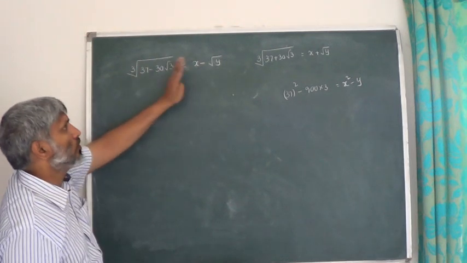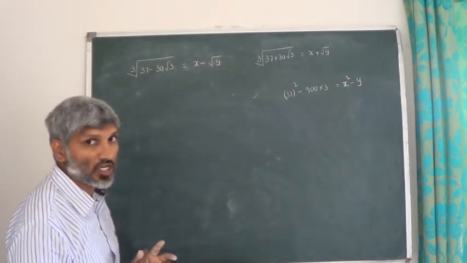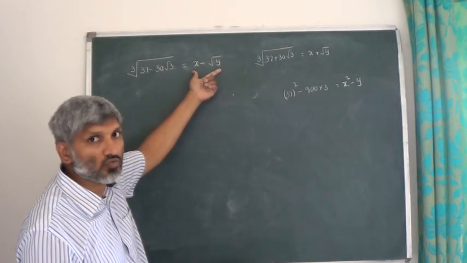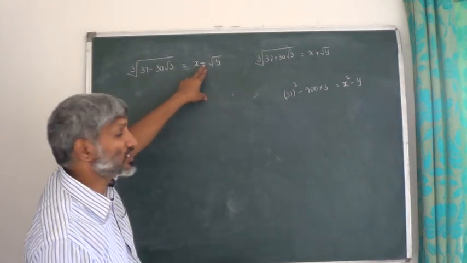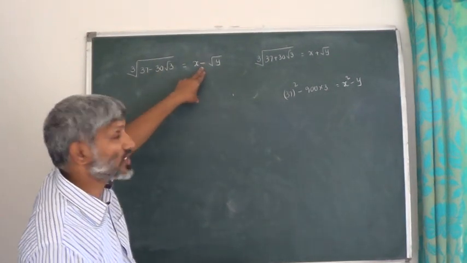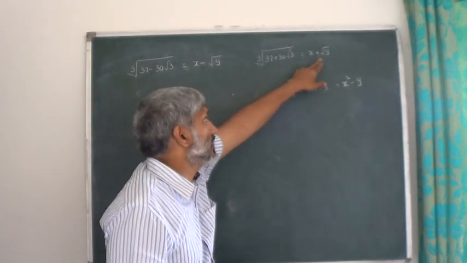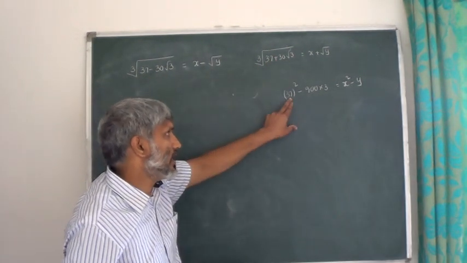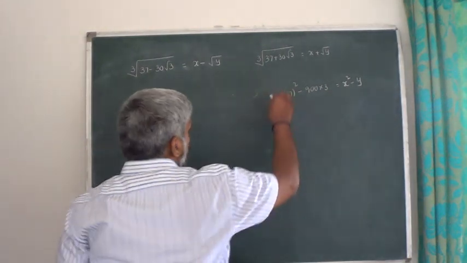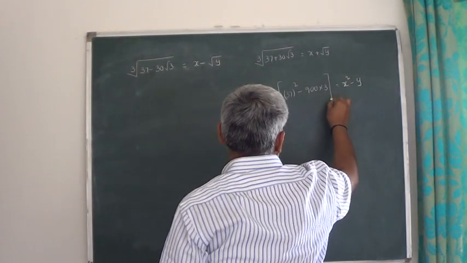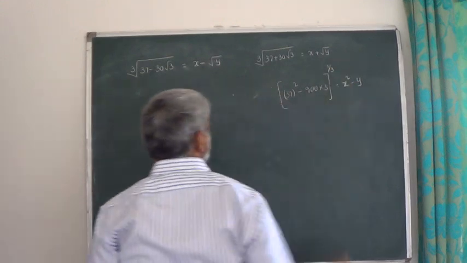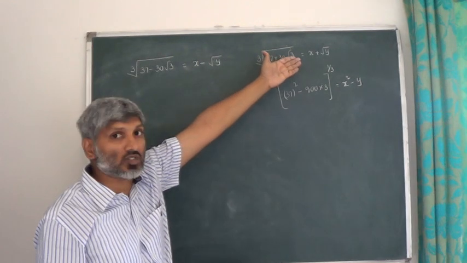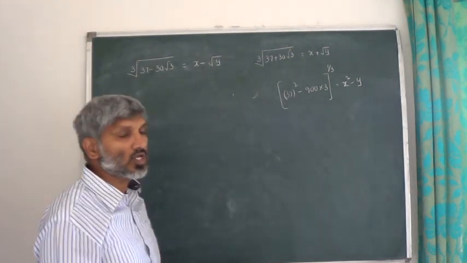Now cubing on both sides. Once again, pay attention here. Minus is there; I consider its cube root as x minus root y. If minus is there, we consider minus; if plus is there, we consider plus. That's why plus with the plus. These are two multiplications, what happens? Here a minus b into a plus b is a square minus b square, whole to the power of 1 by 3. Sorry, I forgot to write this one. Whole to the power of 1 by 3 equals x minus root y multiplied with x plus root y. What happens? x square minus y.